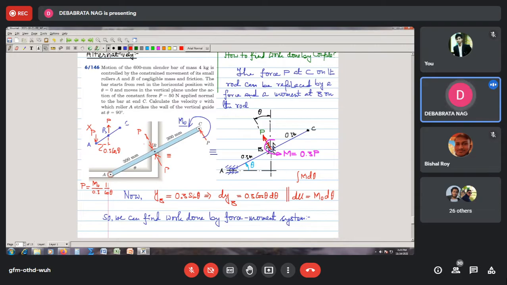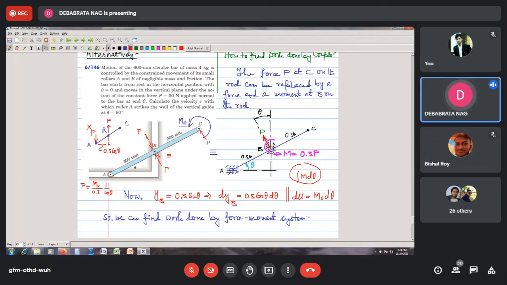অথবা তুমি এটা, আমি তোমাকে দেখালাম এরকম করে, তুমি ডিরেক্টলিও এর ওয়ার্ক ডান ক্যালকুলেট করতে পারতে বাই ইউজিং দিস ইকুয়েশন, এবং দেখো দুটো ওয়ার্ক ডানই কিন্তু সমান। তাহলে এটাও আমাদের জেনে রাখতে হবে, ইফ ইন এ রিজিড বডি দেয়ার ইজ এ কাপল, I can either calculate the work done by the couple by using this integration, else what I can do, I can replace that couple by two equal and opposite parallel forces and then calculate the work done by those forces। কারণ আমরা সাধারণভাবে work done by force দেখে দেখে অভ্যস্ত, so we feel more at ease finding the work done by a force। তাই বলে এমন নয় যে আমি কখনোই কাপলের ওয়ার্ক ডান করব না, definitely you will have to get